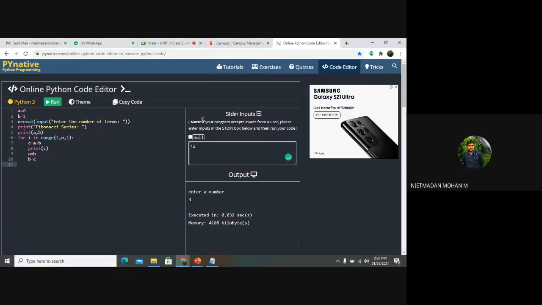Yes, what it means, Fibonacci? It adds the previous two numbers and the third number will be the result of the added numbers.